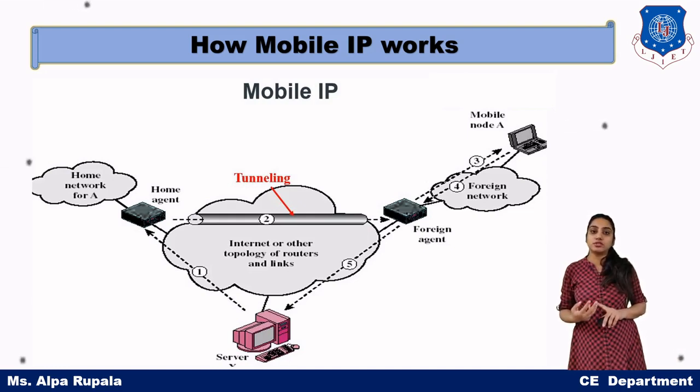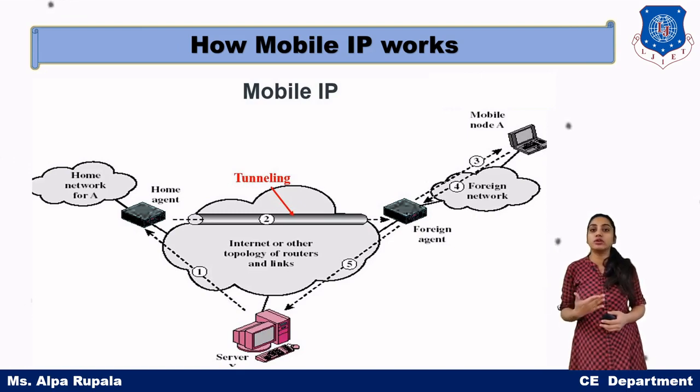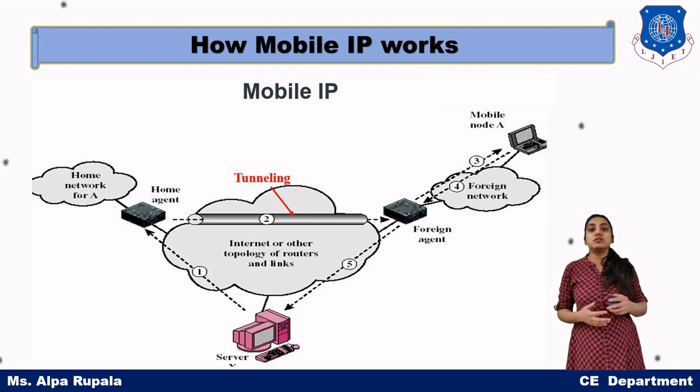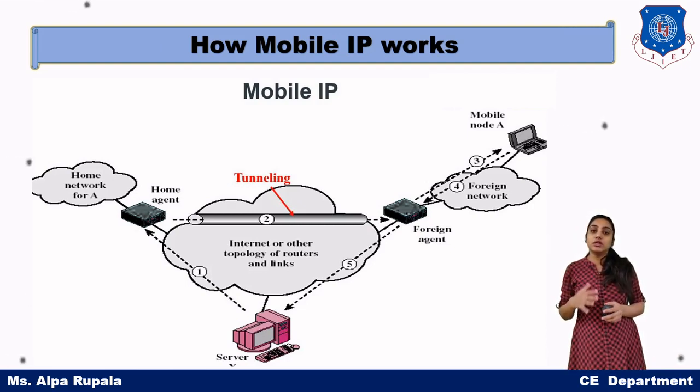Now the first process, the discovery process. The agent, whether home agent or foreign agent, is nothing but a router. Every router has a routing table to identify the nodes in that particular network, and also to identify nearby neighbors. Each router sends an advertisement message periodically, and that message is received by the devices in the network area.